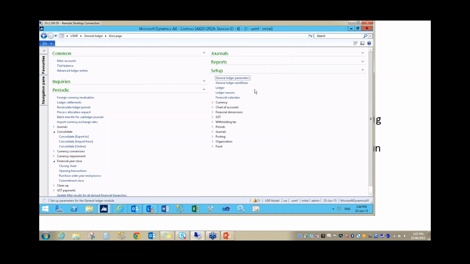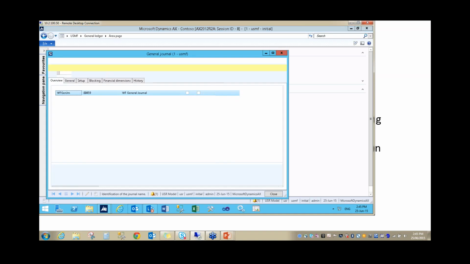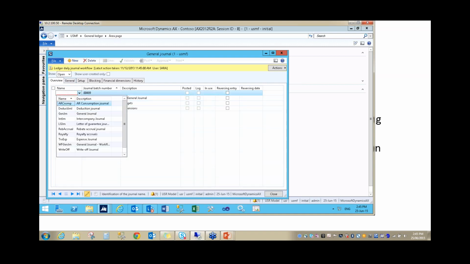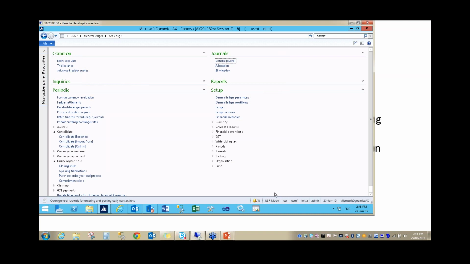I'll just show you where, if you're not familiar with the terminology: when you actually go in to do a journal, on the very first screen, that's the name. So when you create a new journal, you need to select what journal you want to create. So this is what we're going to set up. We're going to set up a new one of these. So under journal names,